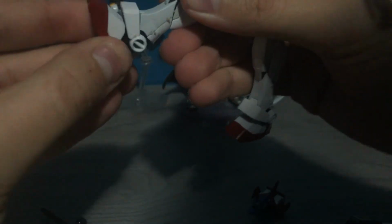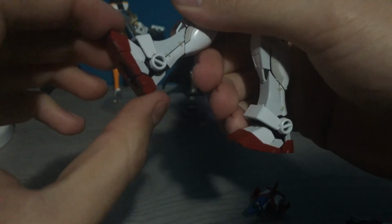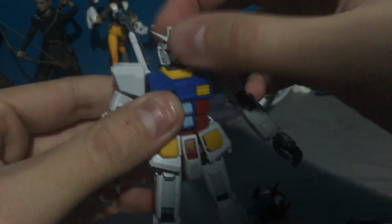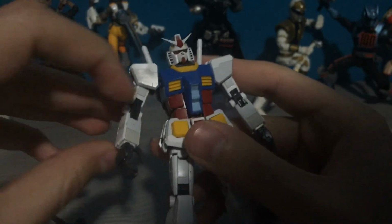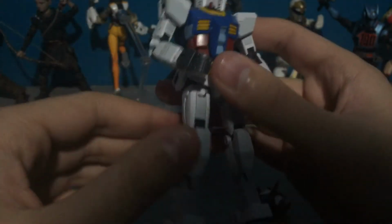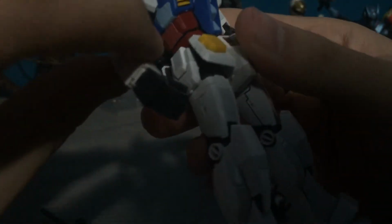But anyway, a ball joint and the hinge at the ankle. You could bend the toe slightly and about that far. And of course, he has an ankle pivot, but, you know, I'm just disappointed, guys. I mean, I was actually excited to get this guy, but after I finished building it, it's just... If it weren't for those issues, then this figure would have been great. But unfortunately, as it is right now, it's just...